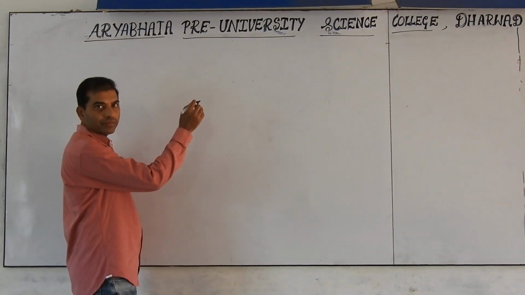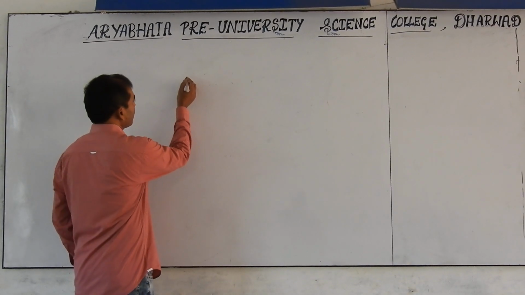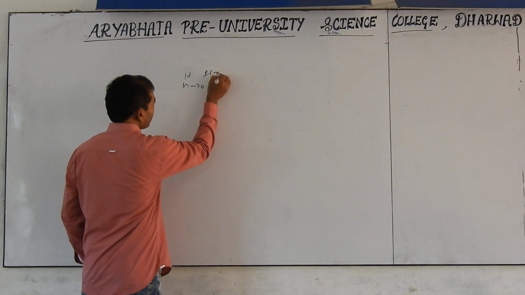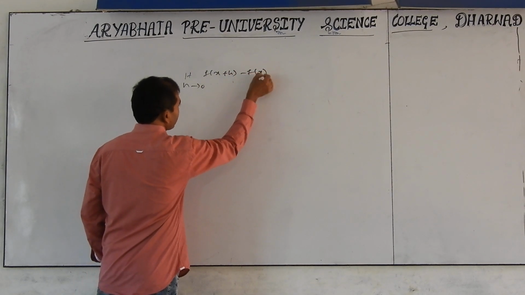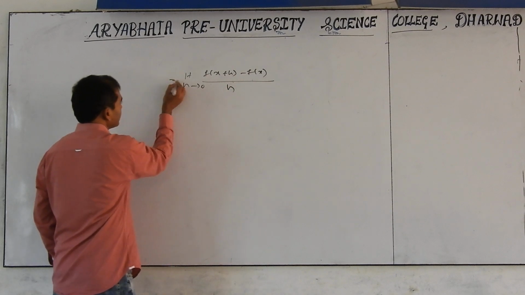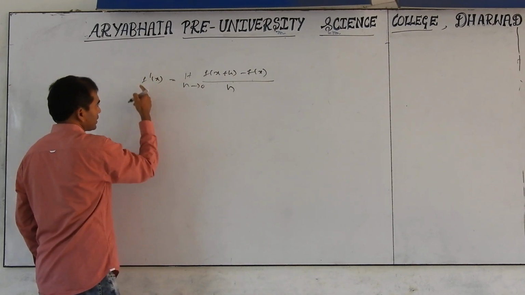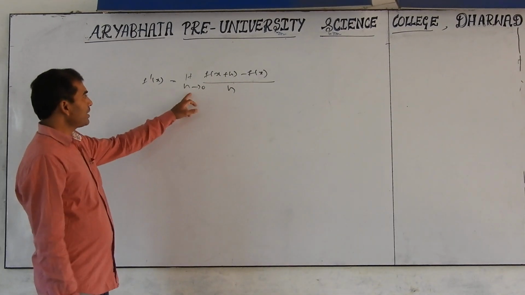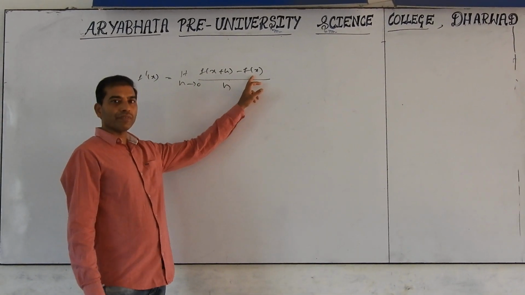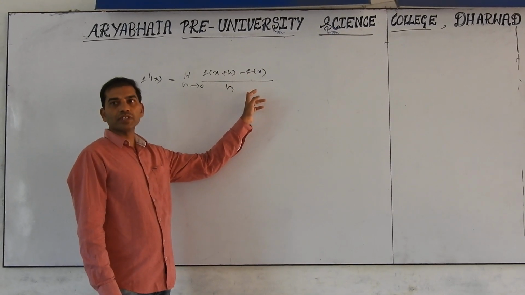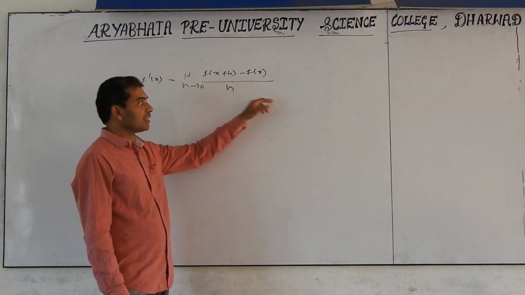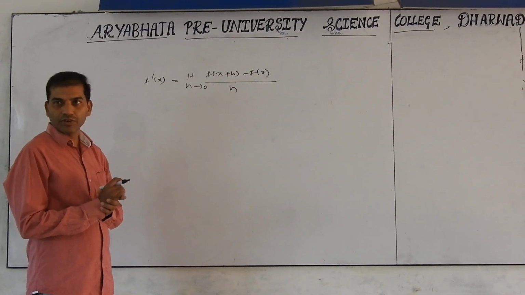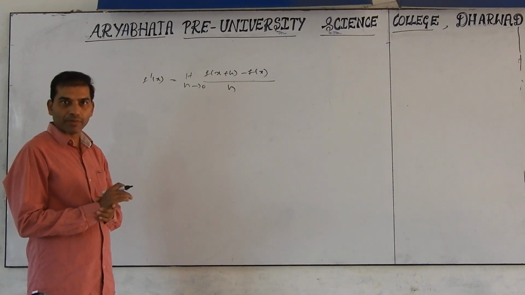Now, the first principle of derivative: limit h tends to 0, f of x plus h minus f of x by h, which is denoted by f dash x. f is differentiable at x if this limit exists, which is called the first principle of derivative. Okay. Now, in first year, you have already learned the formulas. The proofs you know. Let us recall the properties.